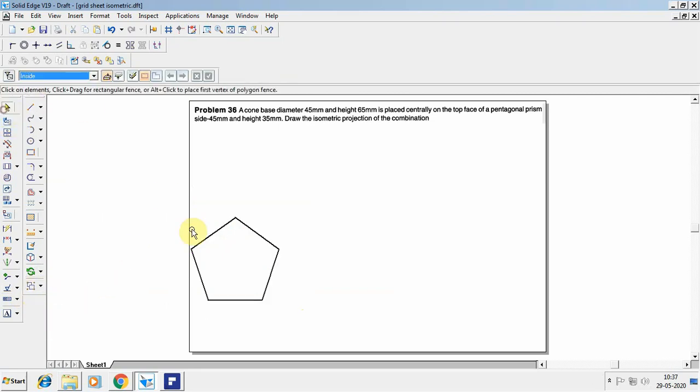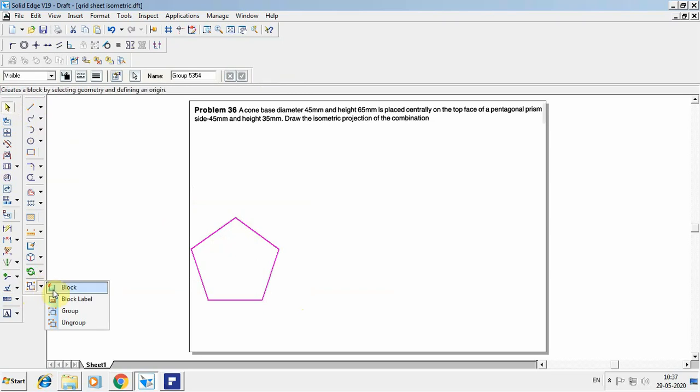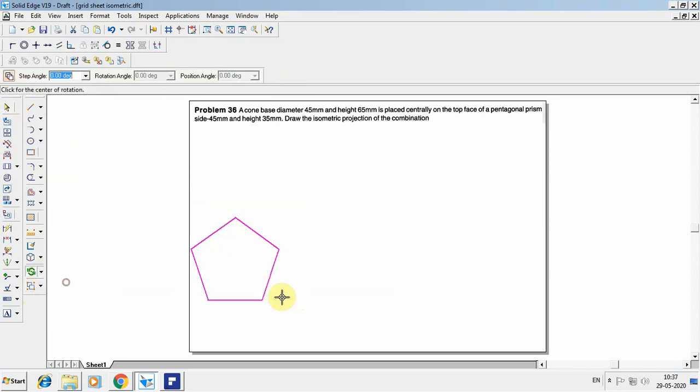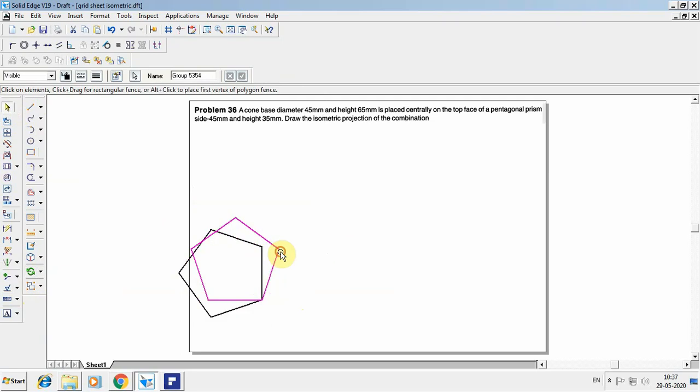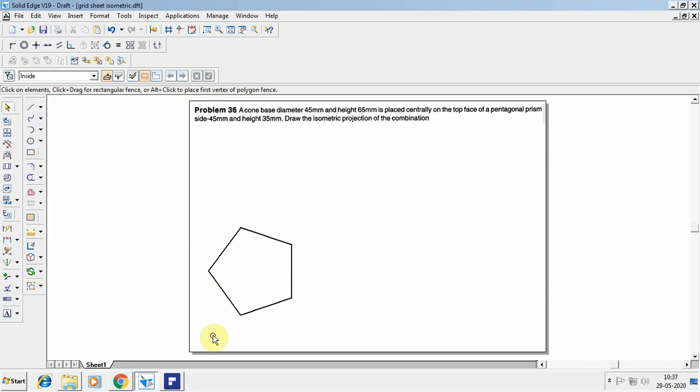So now go for rotating that, keeping either an edge condition or a corner condition. Go for rotate, select the point and keep that an edge or a corner condition. So once you've done this, you have to convert into rectangle. Why we need to convert this to a rectangle is all the sides of the pentagon are at different angles. So I can't rotate each side by 30 degrees. So I want to convert into a rectangle. Then I want to construct the pentagon.